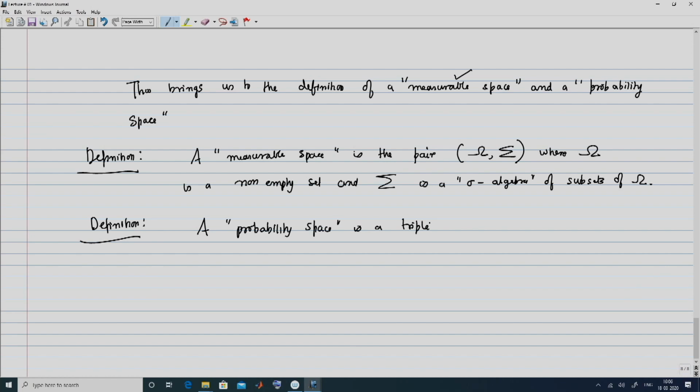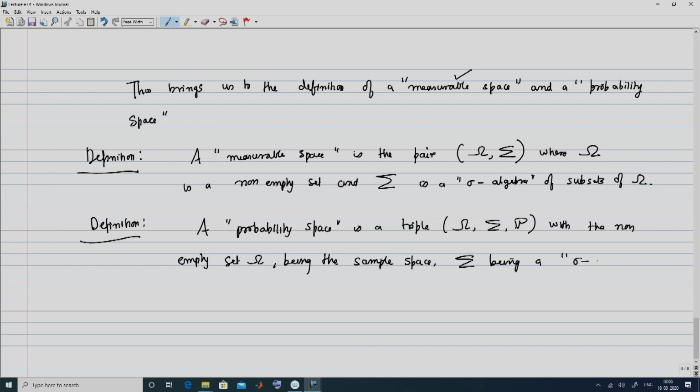You recollect the earlier probability space only had omega and P, but now we have omega, sigma and P, with the non-empty set omega being the sample space and sigma being a sigma algebra of subsets of omega